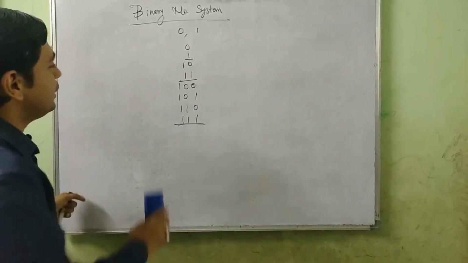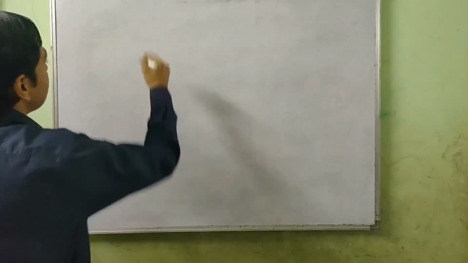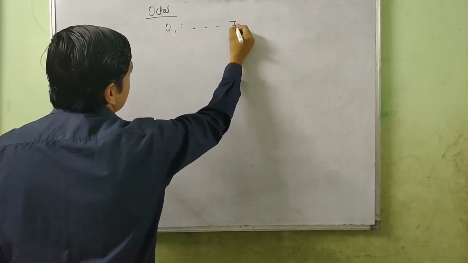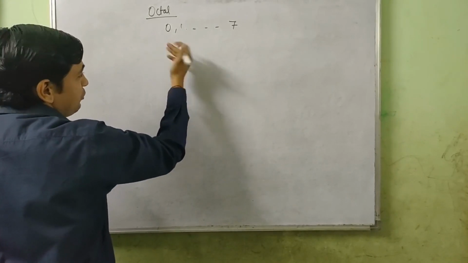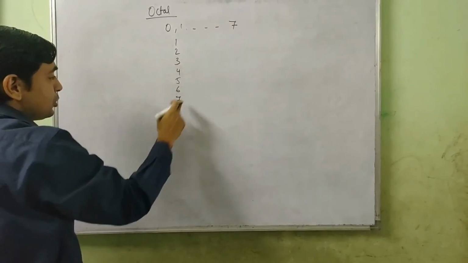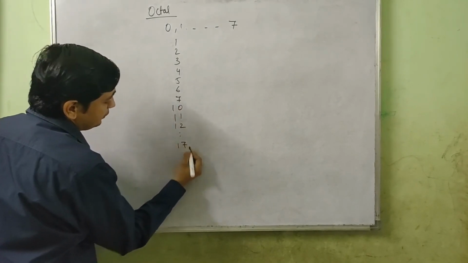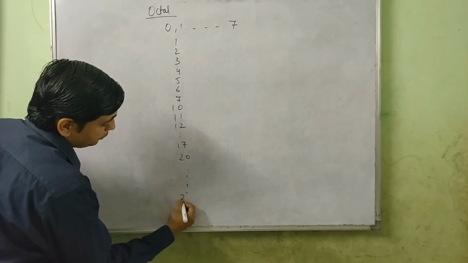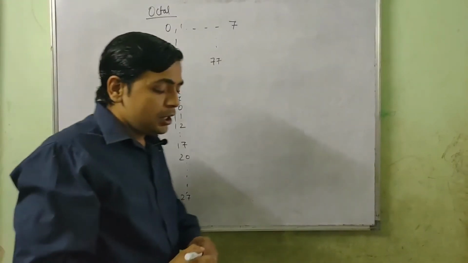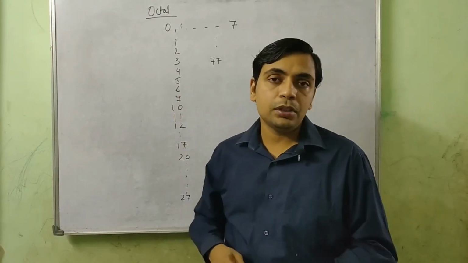Okay, so let's see octal number system. So in octal number system, 0 to 7. So how the numbers are formed? So of course we will not count 0. So we will start from 1, up to 5, 6, 7. And 7 is the largest digit. So 7 marks the end of single digit number. Now 1, 0, 1, 1, 1, 2 up to 1, 7. Now 2, 0 up to 2, 7. Now this will go up to 7, 7. I hope you understood.